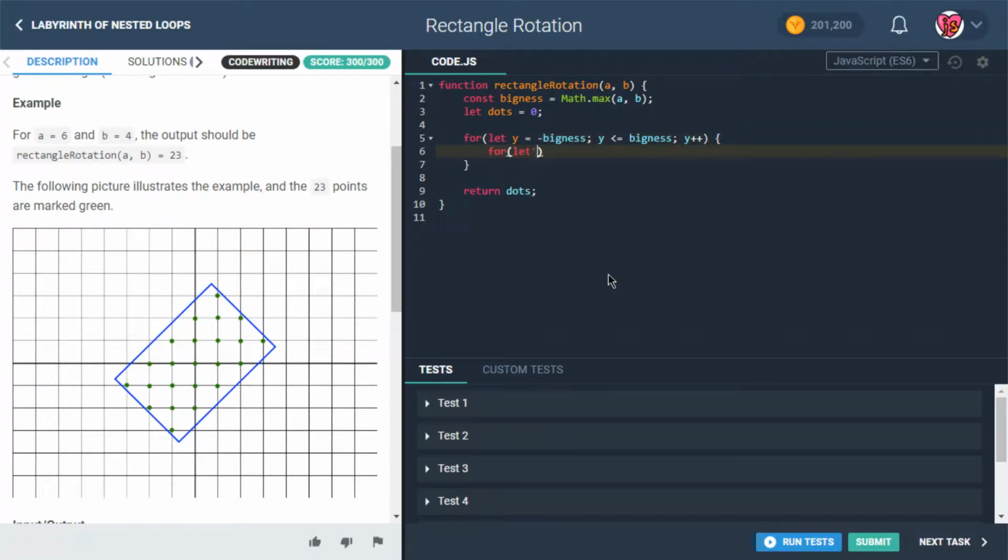And then the inner loop is going to be the X's. That's going to start also at negative bigness, it's going to go until it reaches positive bigness, and then x plus plus. And again, bigness is just this arbitrary variable that we're using to represent kind of a safe